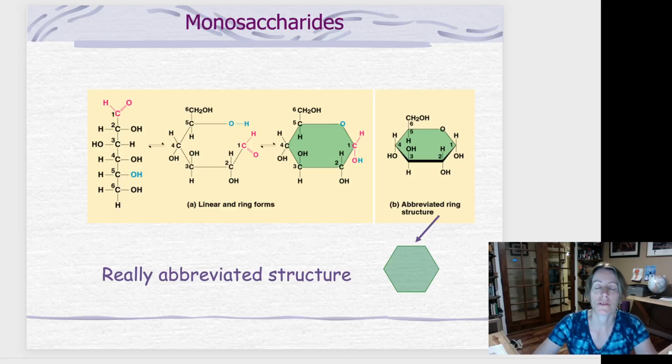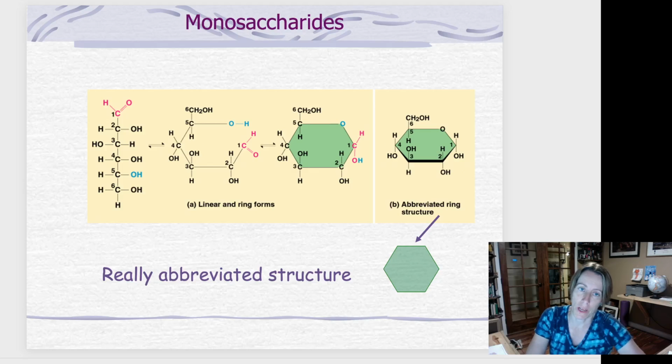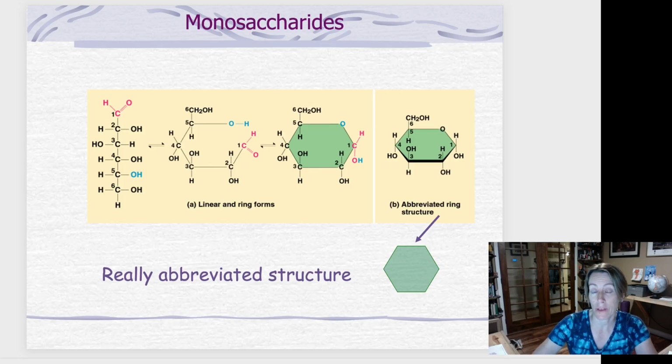So we're going to talk about carbohydrates for a couple slides here. Carbohydrates are a pretty significant, important group of large molecules that we deal with in biology. They're also sometimes referred to as sugars, but the word sugar means different things in everyday life than it does in chemistry. To avoid some confusion, I'm going to try and avoid using the word sugar as much as I can, and we're going to use the more technical term of